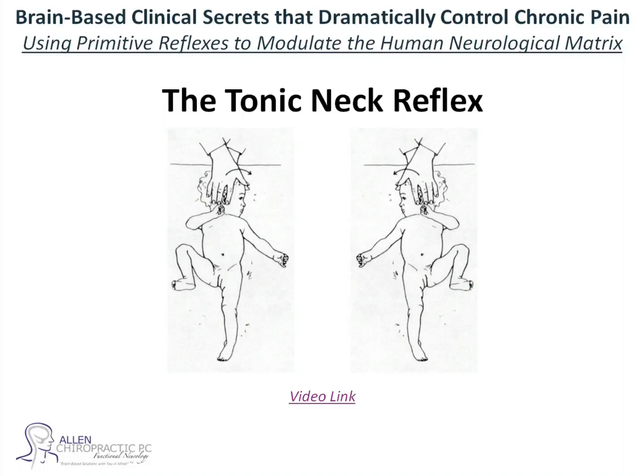So if a person has a head rotation to the right side, for example, and they have functional facilitation of a flexor muscle ipsilaterally and/or a functional facilitation of an extensor muscle contralaterally, that's pathology. And that pathology represents a deafferentation to the spinal cord and to more rostral centers and a breakdown of the normal motor response, leading to joint breakdown and an increased perception of pain due to the inability of